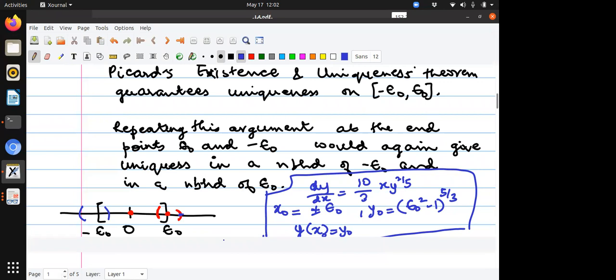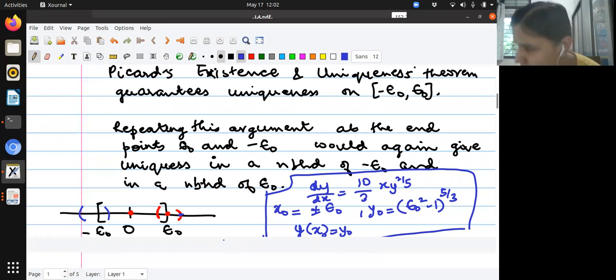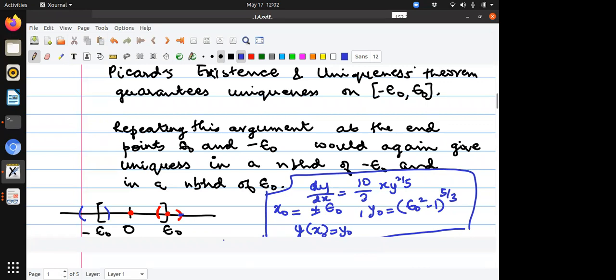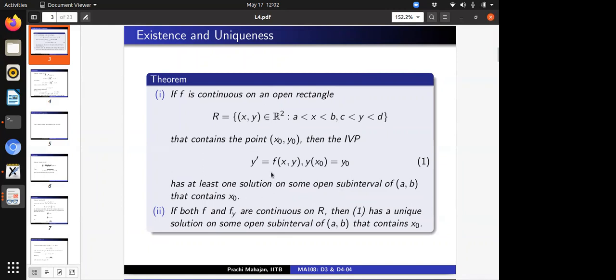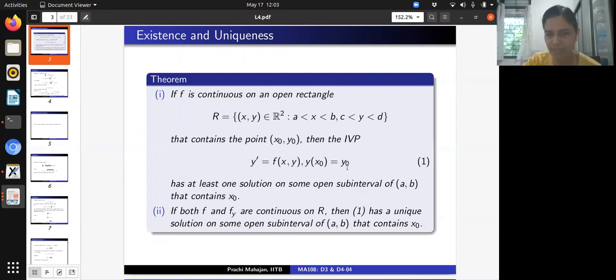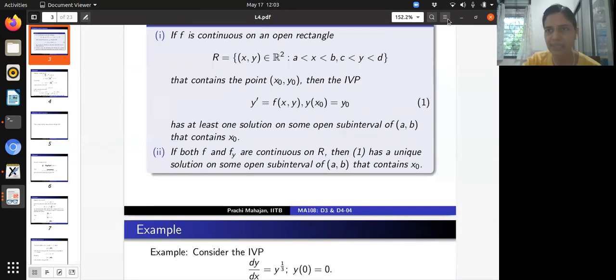Ma'am, if we had an interval which contained 1, would the theorem fail for existence also, or only uniqueness? No. The existence part is still true, as we see. The existence part relies only on the continuity of the function f, so that will still hold true. Only when the uniqueness statement is asserted, at least as far as this example is concerned, is there a problem with the continuity of the partial derivative of f with respect to the y variable. So the existence goes through fine, no matter what the values of x naught and y naught are, as far as this example is concerned.